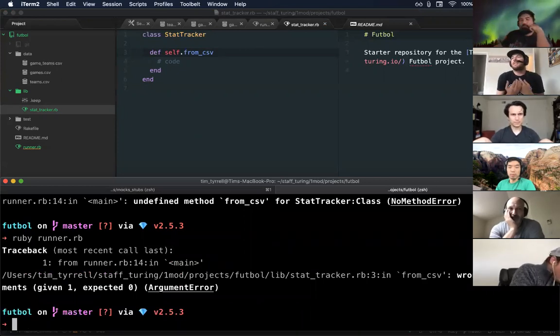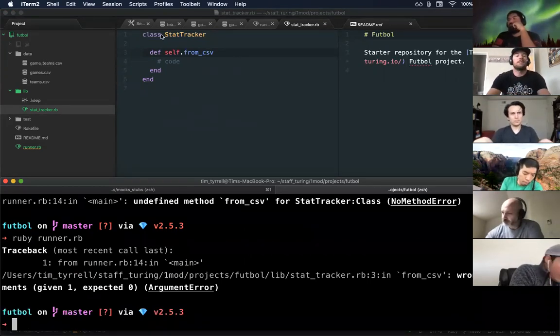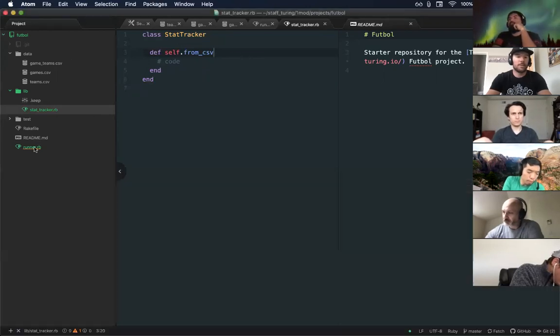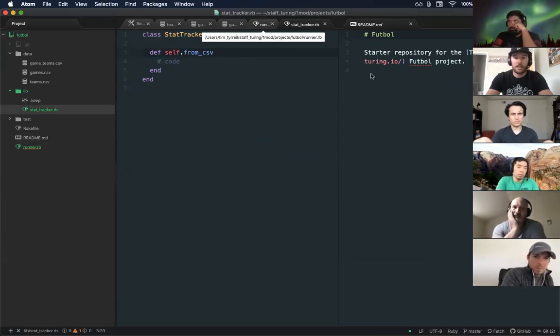So as you can see, my process is not that different from TDD, right? I'm doing one thing at a time, one step, trying to get from having an error to not having an error, right? And I'm reading the error messages and letting them tell me what to do next. Okay, given one, expected 0 here. Okay, let's put the runner file next to me so I know what to expect.